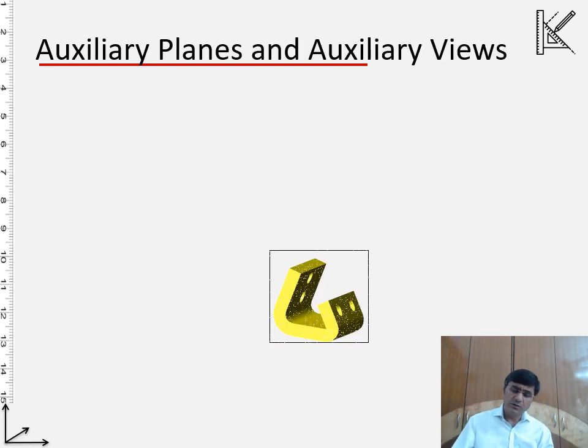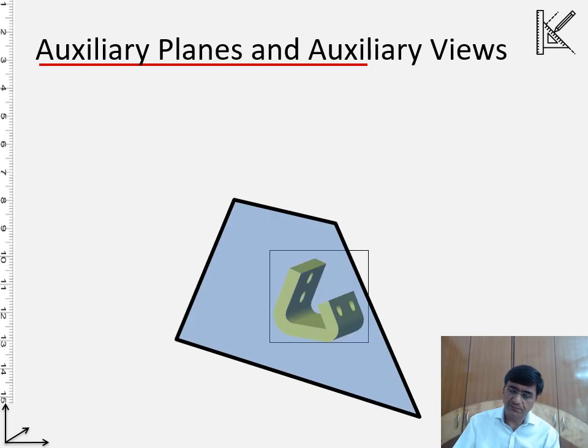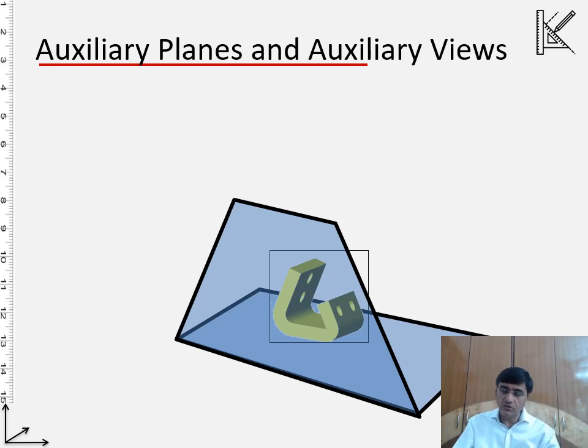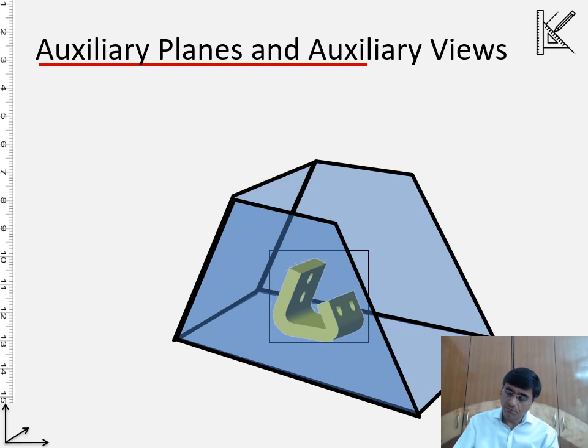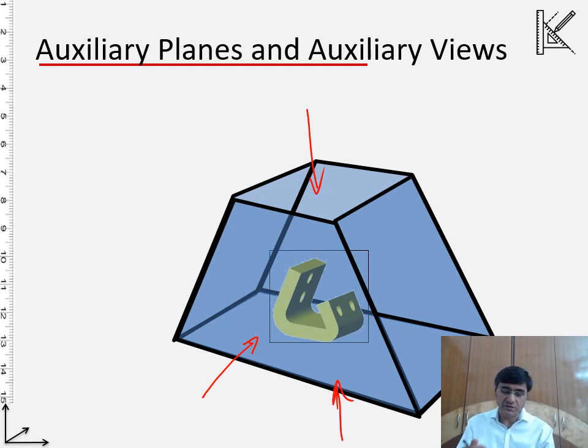Now we can have many more such examples. Let's say if there is an object here. So for this object, now we will understand one more concept in this case. Let's say this is the object. So that's the frontal, and we can have the bottom plane, for the top view, the side one, and the back and the side. So out of these, this is the frontal one, that is the top, or we can say in first angle projection, the top view will be generated over here.